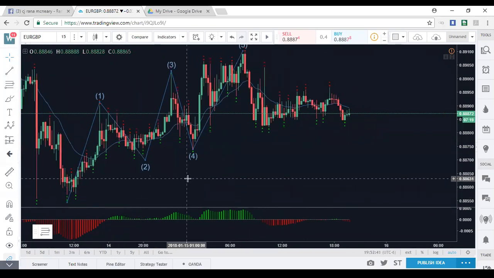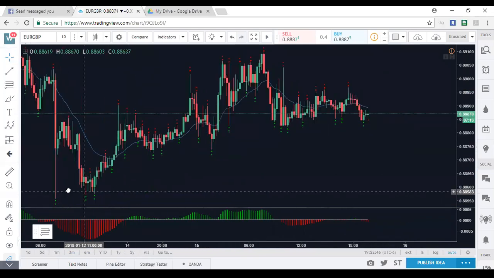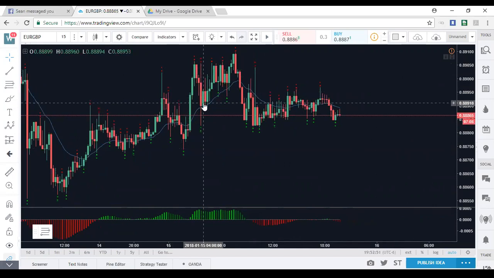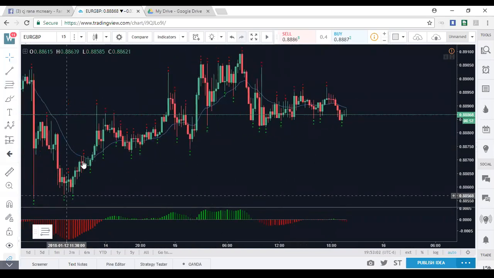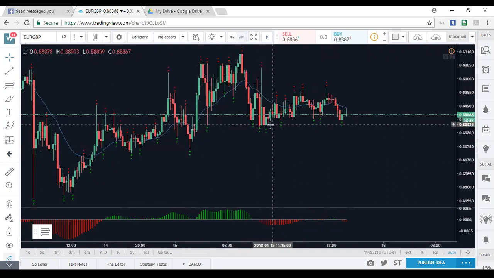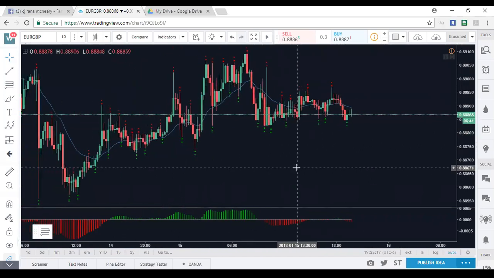And like I said, to look for that, you want to find an impulse leg, like a move up like this, and then see how this retracement, and then you got another move up. So just look back a little bit, and you'll see, oh, it's just trending up, something like that. You know what I mean? Or you can do low here, low here, higher low, higher high, higher low, higher high, and then now it's final support. But again, this all comes with time and things like that.